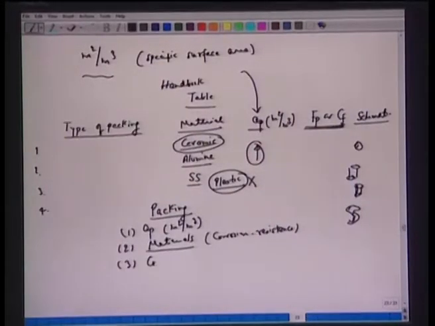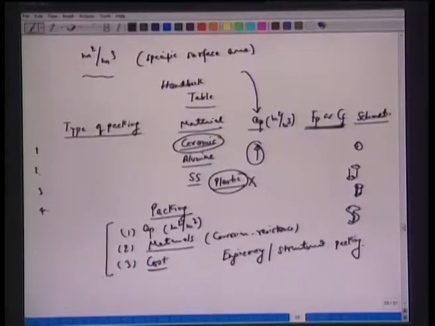Of course, the cost plays a major role. If you have structured packing or engineered packing, these are very, very expensive. All right. So the cost also plays a major role. These are the three aspects one generally looks for while choosing a certain type of packing here. Packing could also be, as we said, regular, or we said irregular. Essentially, it means when we pack them, they are randomly packed.